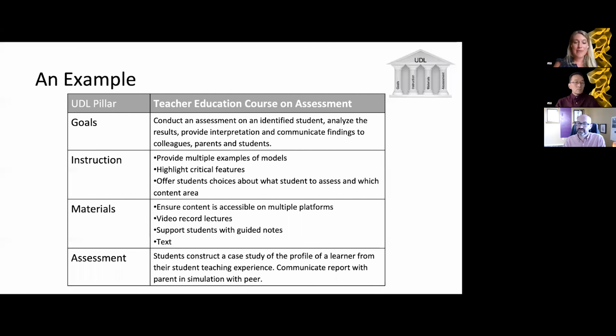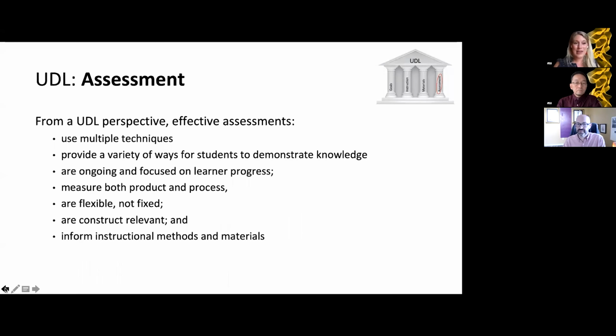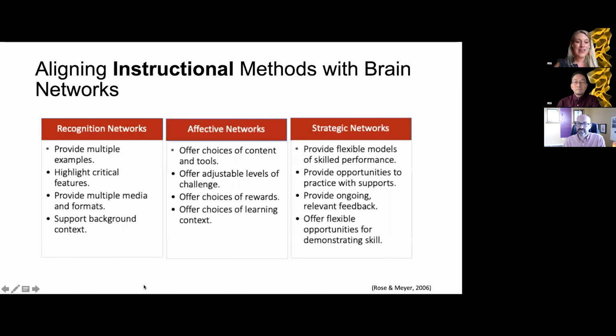For example, if I was thinking about that neural network that relates to emotion and motivation, the affective network, and creating motivation comes from choice. Instead of offering every single student a choice of doing 100 different things, I might structure it in a way where I give them 3 options, all aligned with the focus of my goal and content, which provides them a pathway that is personalized to their preference and also their profile of unique